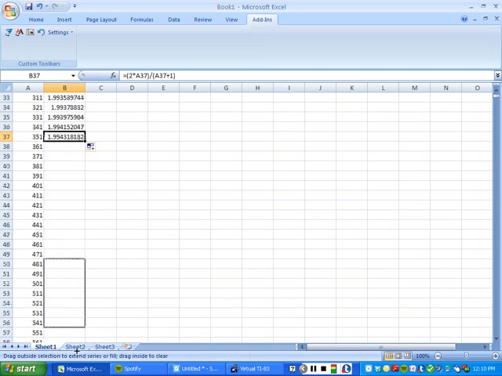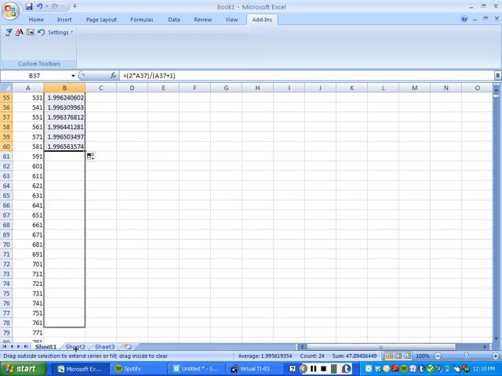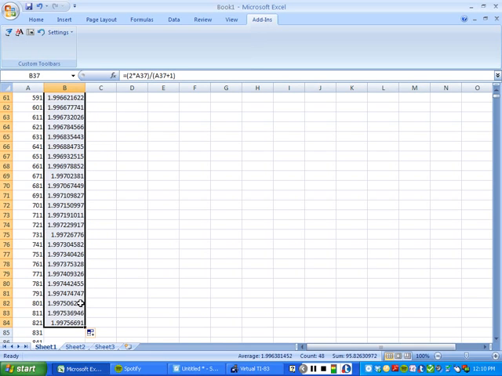Does everybody see that? So this is the concept behind horizontal asymptotes. Horizontal asymptotes are what happens as x gets really, really large. Does everybody understand the idea of a horizontal asymptote? It's what happens as x gets really, really large. Sometimes, as you saw, it goes to 0. Sometimes, as you saw, it goes to some number like 2. And sometimes, there's not a horizontal asymptote at all.